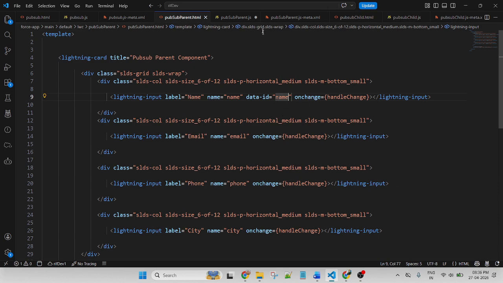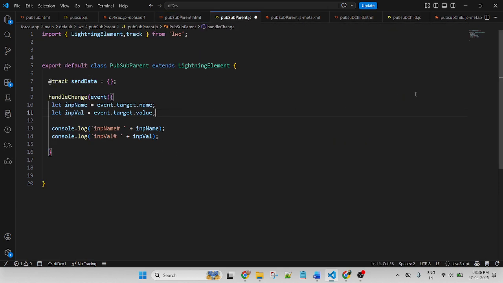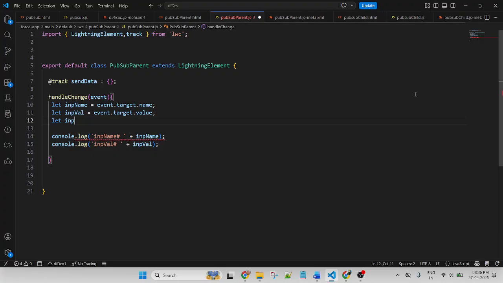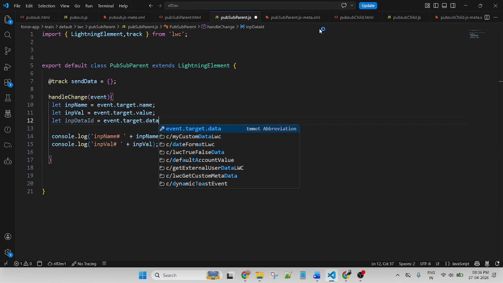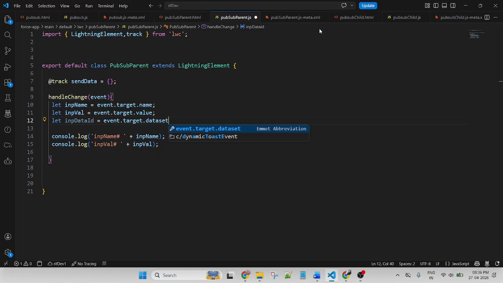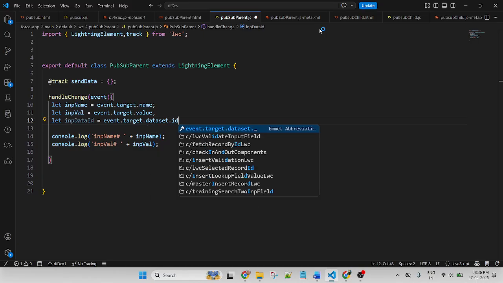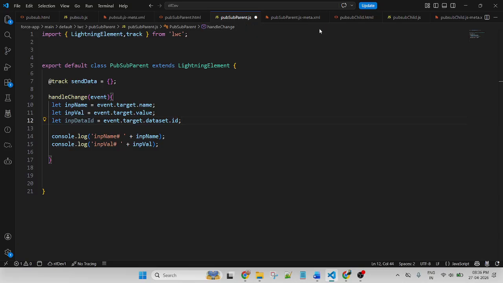The process is: let input data ID, event dot target dot data set. This is a property to get the value, data set dot ID. It will work both ways. If you use event target dot data set dot ID, it will return the same.